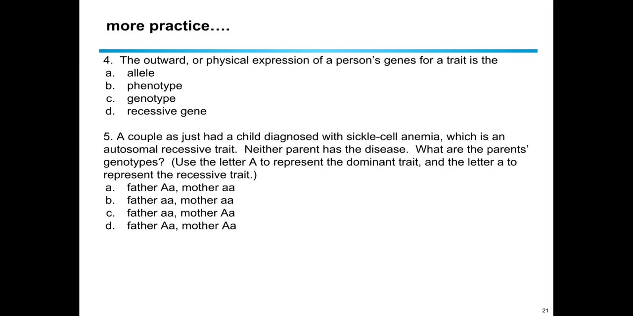All right, number 4, the outward or physical expression of a person's genes for the trait is phenotype. And then the last one, a couple just had their child diagnosed with sickle cell anemia, which is an autosomal recessive trait. Neither parent has the disease. What are the parents' genotypes? Since this is a recessive disorder,